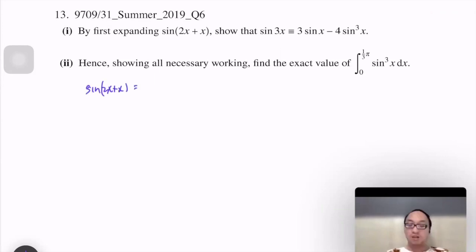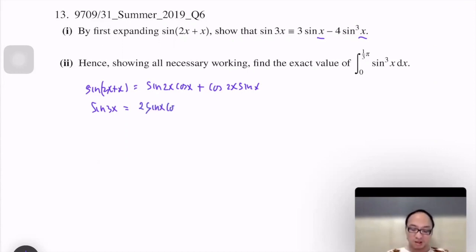Yeah, using the formula, this is sine 2x cos x plus cos 2x sine x. So that means sine 3x equals, now, we will change all into single x here. So all the double angles should be changed into single angle. So sine 2x is 2 sine x cos x